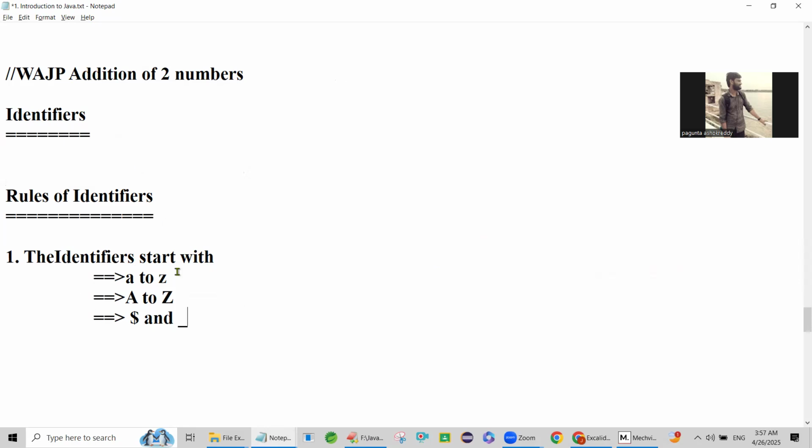These are the special characters. Okay. For example,